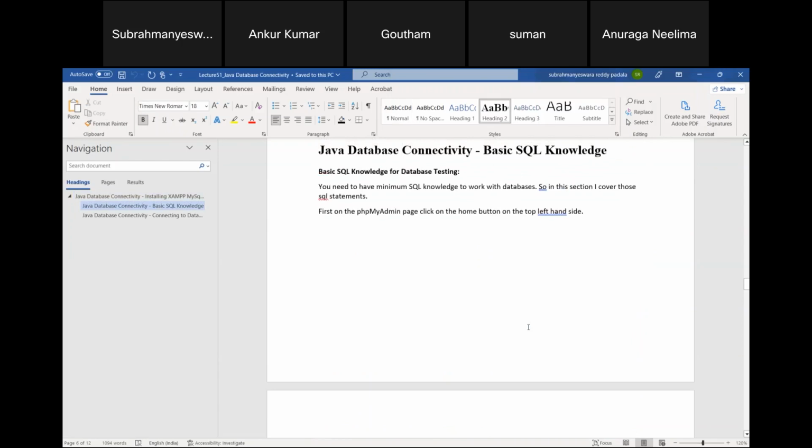Now, the basic SQL knowledge. You need to have basic SQL knowledge for working with JDBC. These are the basic things that we use, like a select query, insert query, update query, and delete query, all these things that we use. So now,